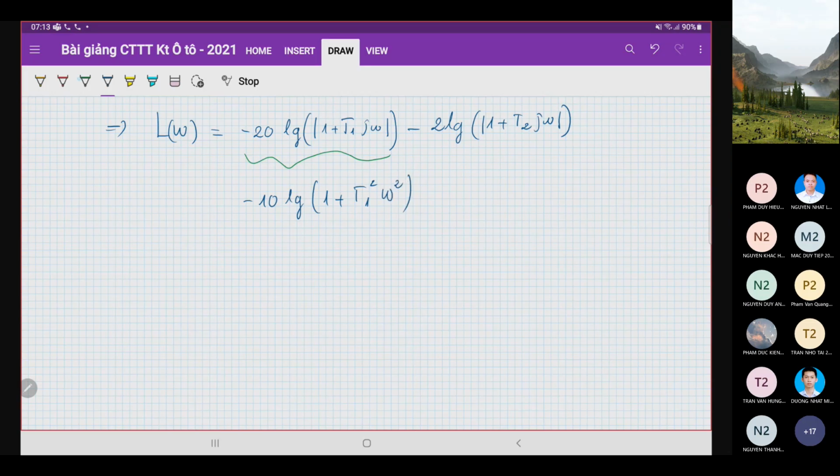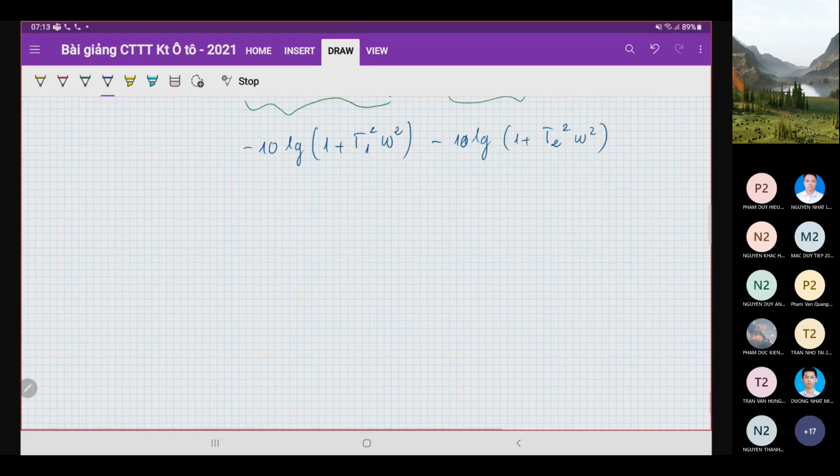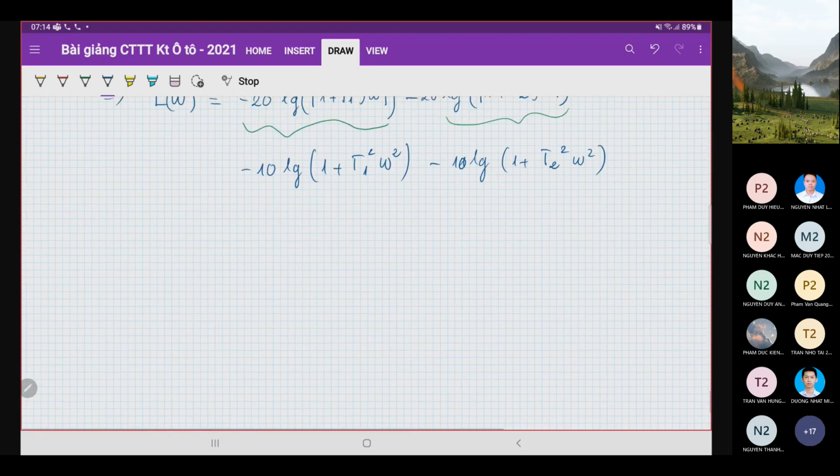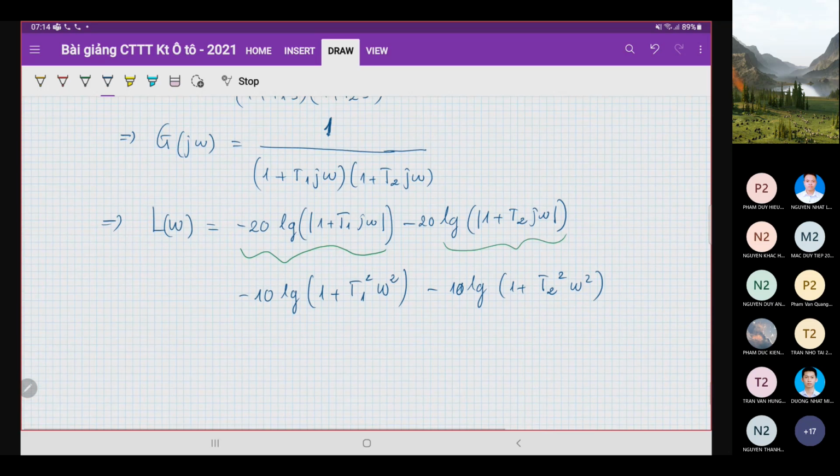And this one is also the same procedure. Then we have here equal to minus 10 logarithm of (1 plus T2²ω²), right? And when we draw it on the Bode diagram,